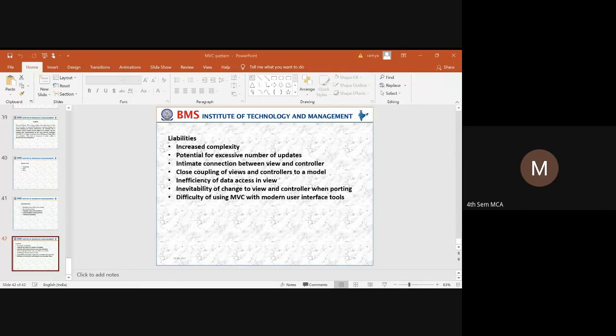And next is inefficiency of data access in view. So when we are considering the data in a model, we are identifying the dependent interfaces for the model.